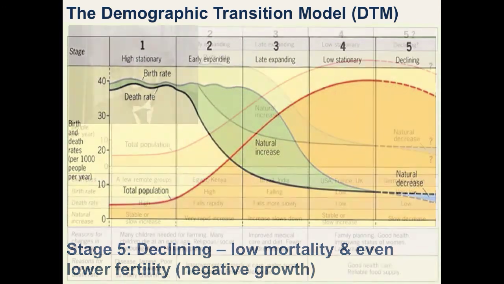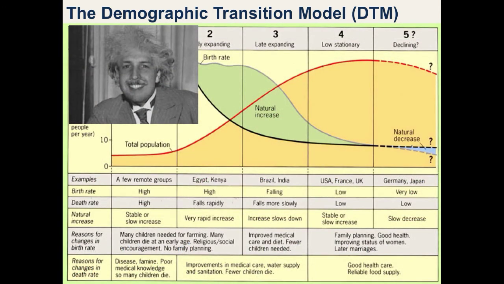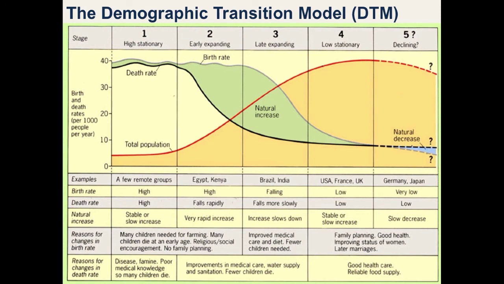So let's finish off with another snide remark. Knowing the demographic transition model and understanding how and why countries progress through the different stages is of paramount importance in understanding our modern world. Countries like Brazil, India, and China have been rapidly advancing through the DTM, whereas many sub-Saharan African states have been seemingly stuck in stage 2 for decades. How future trends will progress depends on conditions at local, national, and global scales.